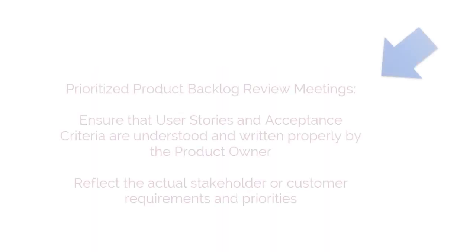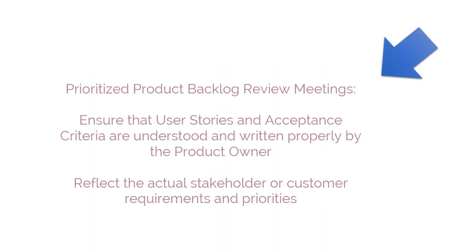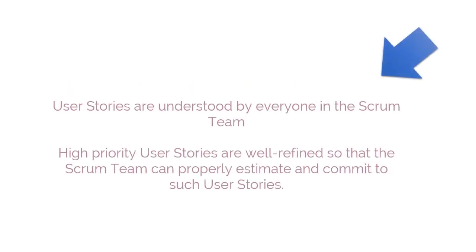The intent of the Prioritized Product Backlog review meetings is to ensure that user stories and acceptance criteria are understood and are written properly by the product owner, so that they reflect the actual stakeholder or customer requirements and priorities. User stories are understood by everyone in the Scrum team. And that high-priority user stories are well refined so that the Scrum team can properly estimate and commit to such